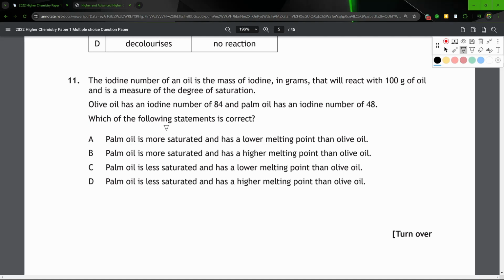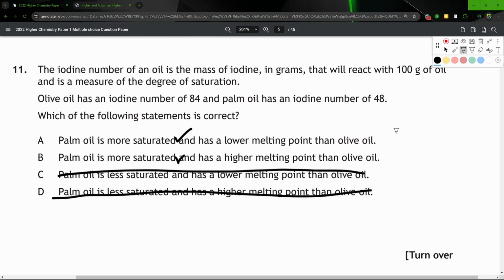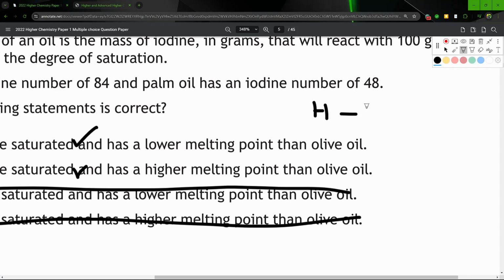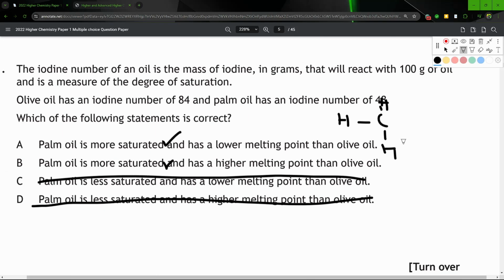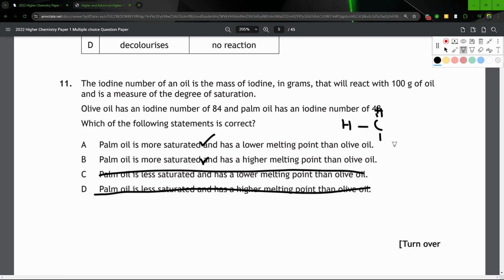Palm oil is more saturated, because it takes less stuff to saturate it, right? It takes less iodine, so you can get rid of C and D. But does it have a lower melting point than olive oil, or a higher melting point? Well, if you're more saturated, then you actually have more hydrogens, because if you have fewer double bonds, you have more hydrogens connecting to your carbon atoms, which means you have more electrons, and